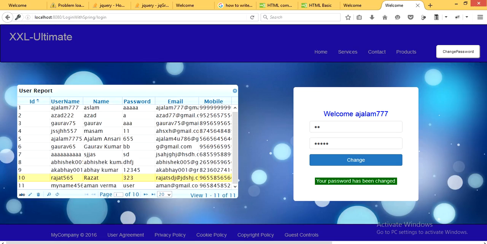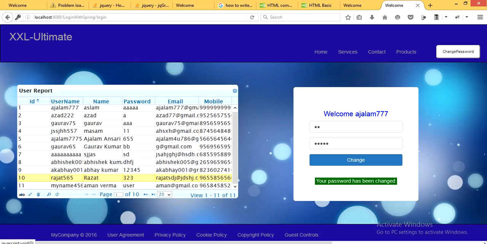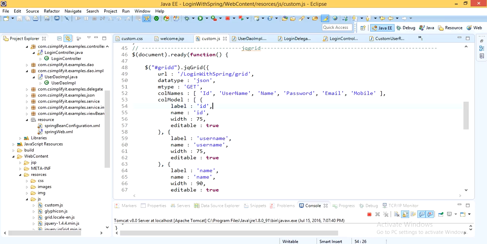Basically I am showing that if you want to edit the id, it is true, and if we don't want to edit this id, we have to set it false. Yes, editable data.